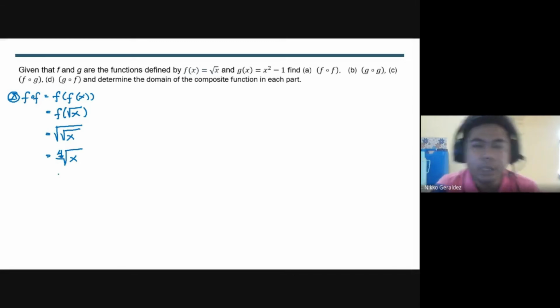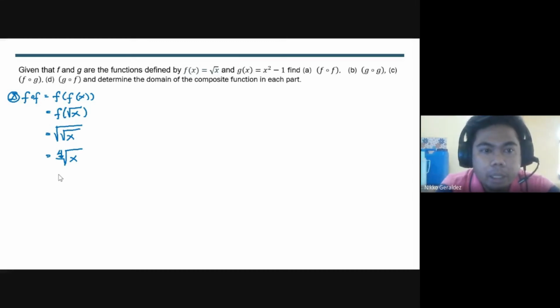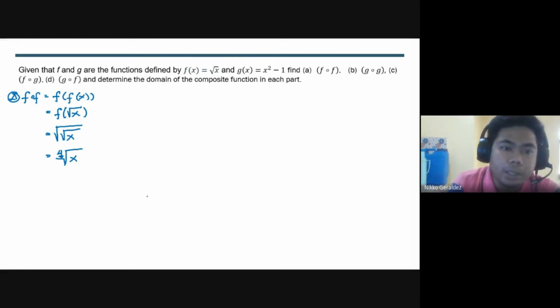When it's even, remember with the square root sign, we set it to greater than or equal to 0. When it's even, like 2, 4, 6, 8, 10, the same rule applies. So set the radicand inside the sign greater than or equal to 0. So for this resulting function, the domain